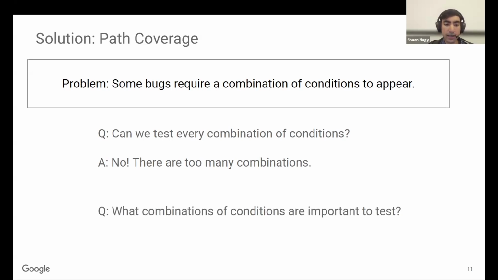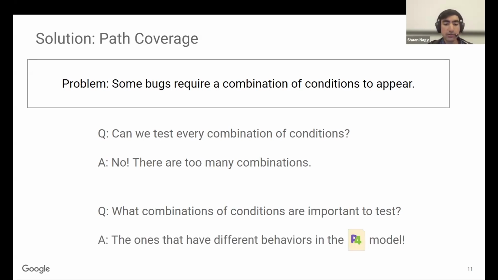So what we should be focusing on is thinking about combinations of conditions that are important to test. What combinations do we care about, and which ones do we not care about? Our answer to this question is that we should care about combinations that have different behaviors in the P4 model. So if the P4 model tells us that a certain combination of conditions is handled differently from others, that's a combination that we should be focusing on.